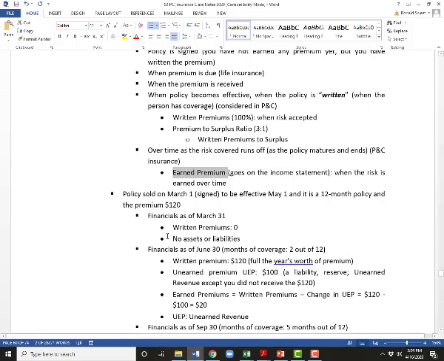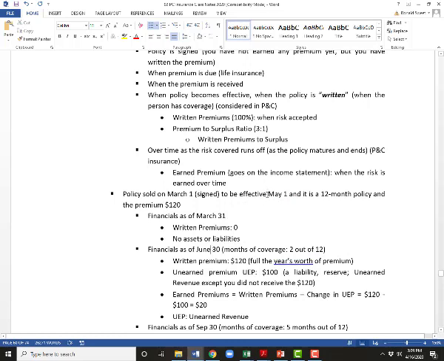So here's an example. You sell the product on March 1st, so that's when it's signed. It's effective May 1st, so that's when it's written. It's a 12-month policy. So on March 31st, you signed the policy, but it's not in effect yet, so it's not written. Usually, you sign policies the same day as effective, but there can be a delay there. But it's the day that the insurance starts. So March 31st, there's nothing. On June 30th,